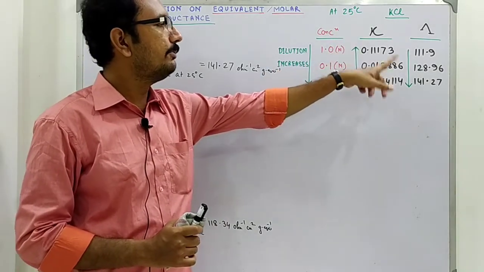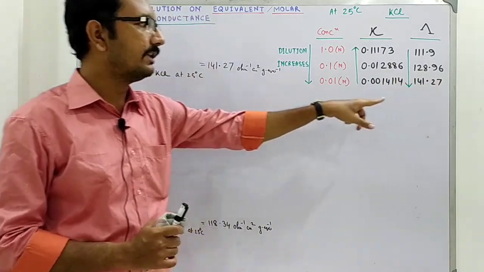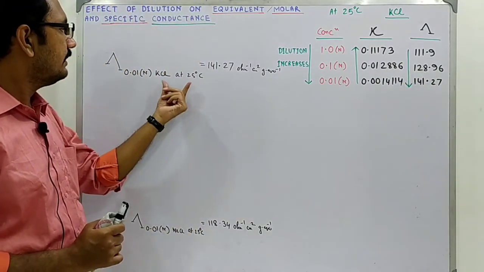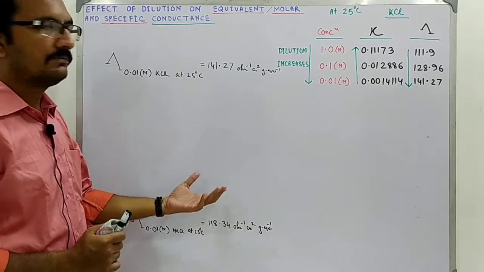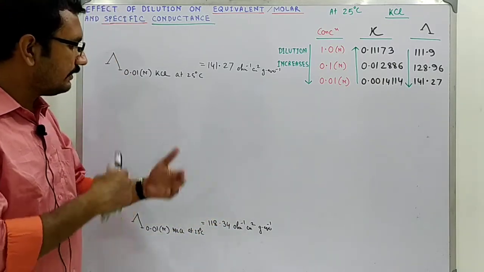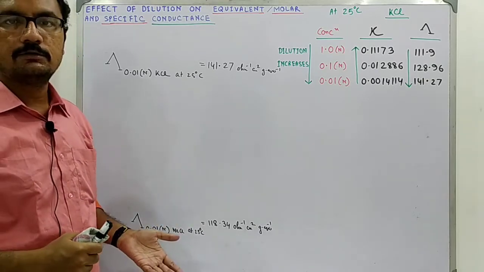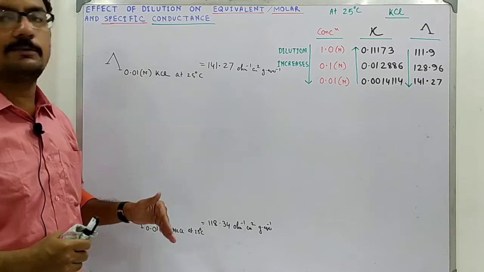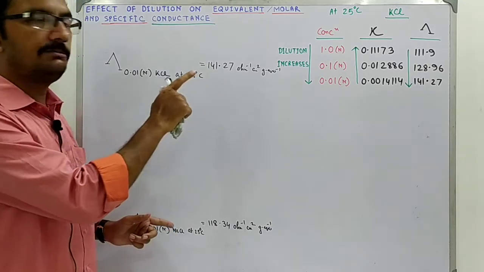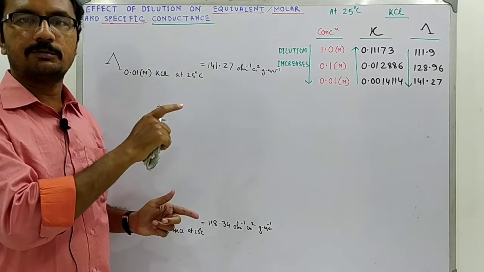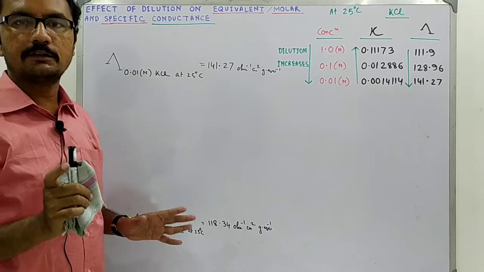So, you have the value of equivalent conductance for KCl. That value is 141.27 for KCl. For NaCl it is 118.34. So, why is such a difference getting into the picture? What is the reason for this difference? So, first you have to find the problem, then you have to crack the problem. This procedure will develop scientific minds. Okay.